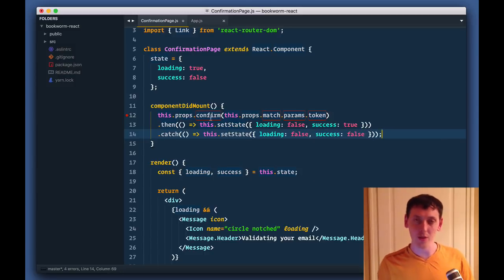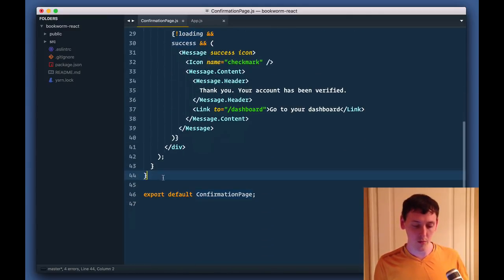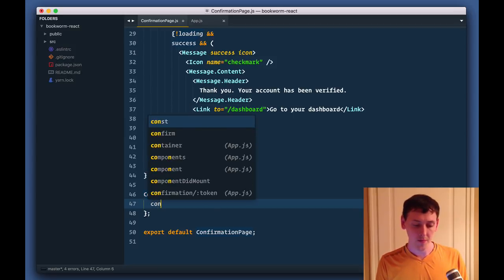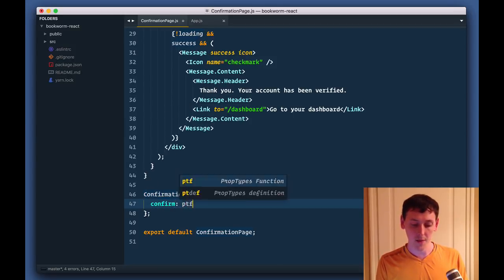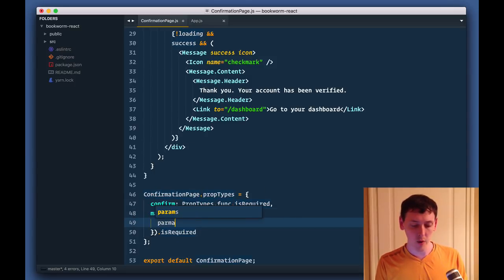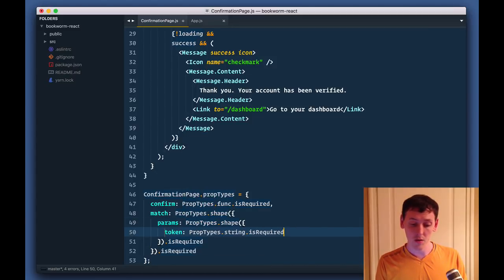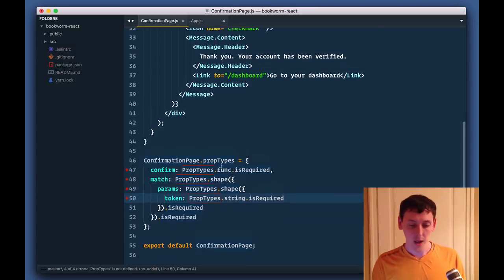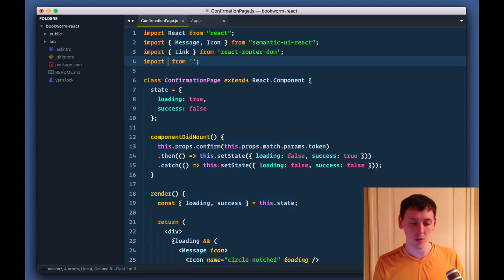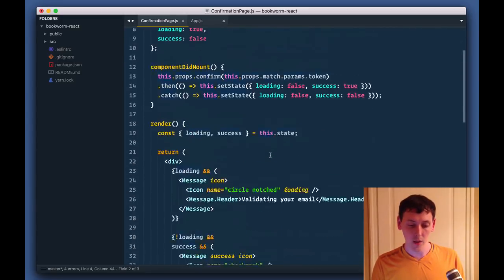So now, as you can see, we need to define this in propTypes. So let's go here and propTypes define, and we define confirm as function. We define match as shape. Inside of it, we'll have params also as shape, and inside of it, we'll have token, which is string. Okay. So now we need also to provide this confirm, and this confirm is the action. So let's import confirm from actions auth,